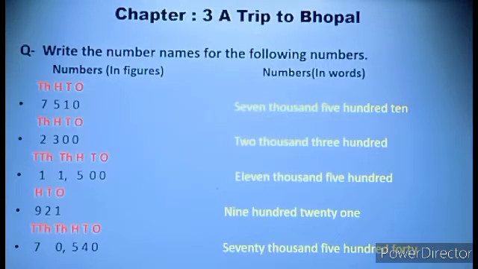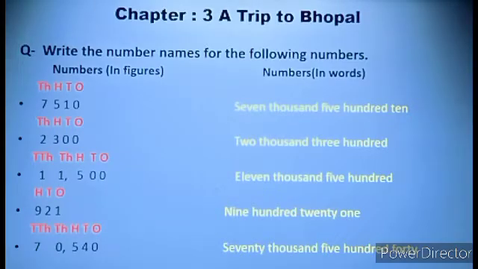On the first digit we write the ones place. Above the 0 we write O for ones. Above 1 we write T, that is the tens. Above 5 we write H, that is for 100, and above 7 we write Th, Th is for 1000. Okay, so now we read the number in a very easy way. 7500, and ones and tens are read together, so 10. The same way we have to write 7510.